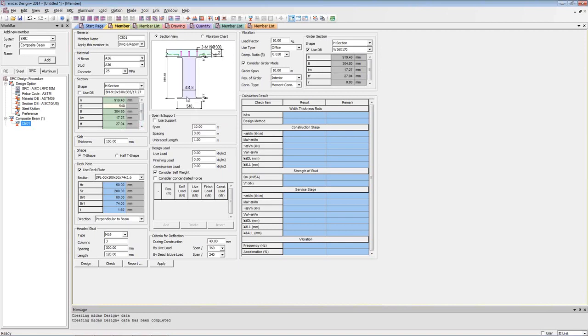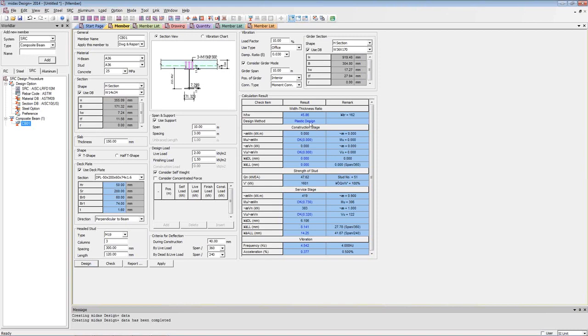So this is how it's done. And the best thing about this is you can get a vibration chart also. So I'll first design it, and I'll give the live load as 2 and the finishing load as 1.5, considering the self weight. Click on design,